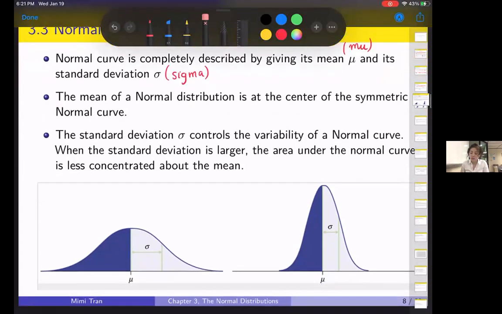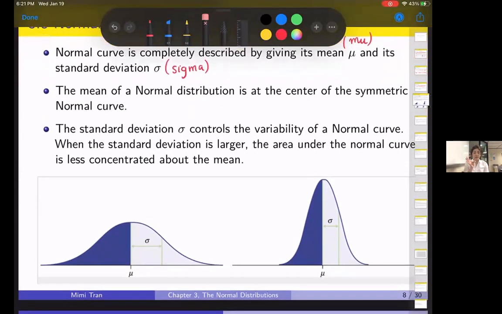The standard deviation sigma controls the variability of the normal curve. That means when you have a large standard deviation, remember what is the definition of a standard deviation? Can someone remind me? We just did it earlier in 2.7. What does it measure? It measures the spread of the data. All right, thank you, Antoinette, very much. It measures the spread, right? So the larger the standard deviation,